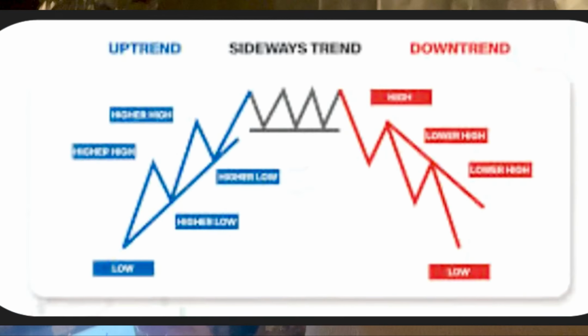Let's talk about trends. There are 3 trends in technical analysis. And look, this is not financial advice. I'm not a financial advisor. Do your own due diligence. There's the uptrend, when prices are going up. There's the downtrend, when prices are going down. And then there's the sideways trend, when it's just going up and down sideways. That's called consolidation.